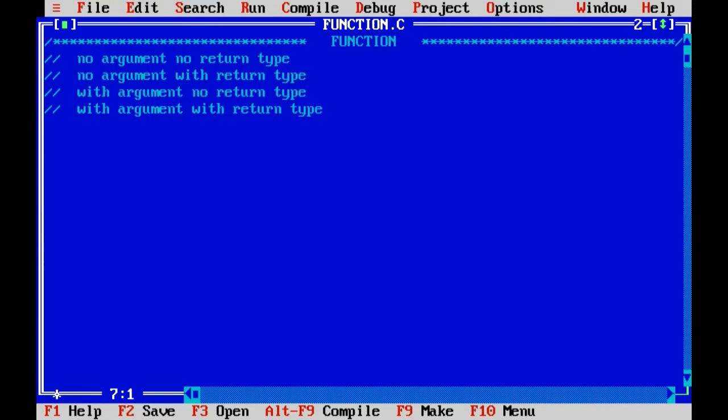So functions are basically a set of code which we can use multiple times, so that the code becomes small, there is no need to write the same code again and again, and we can understand the code better.